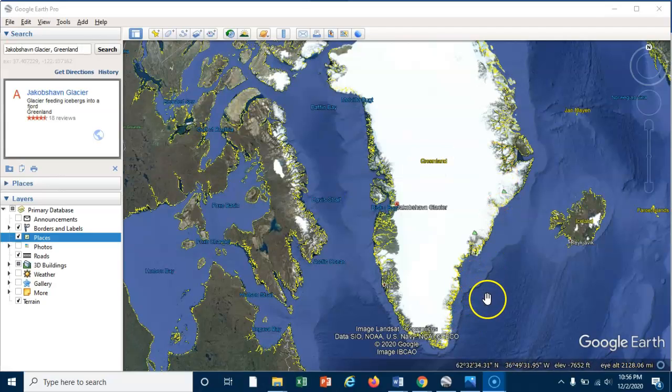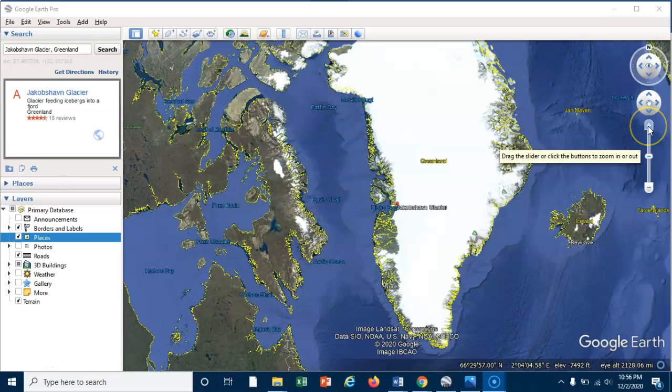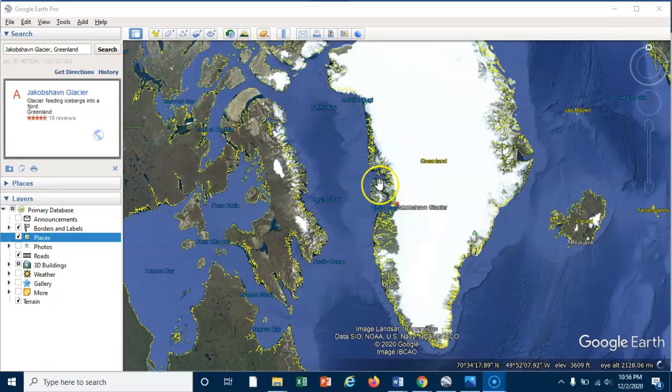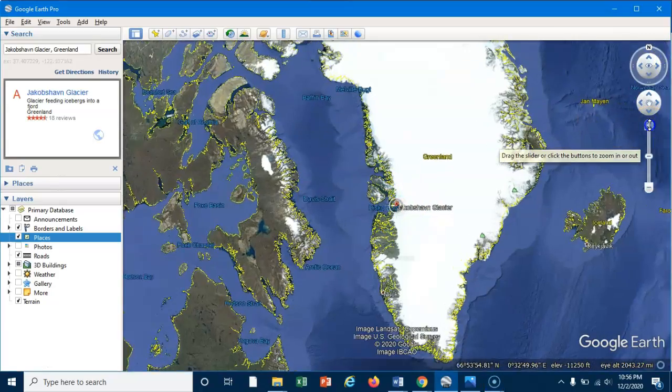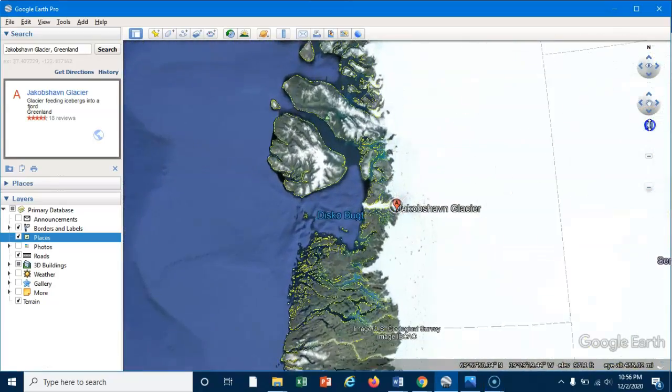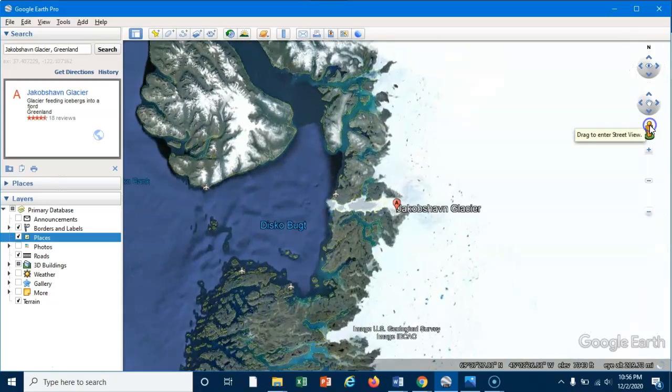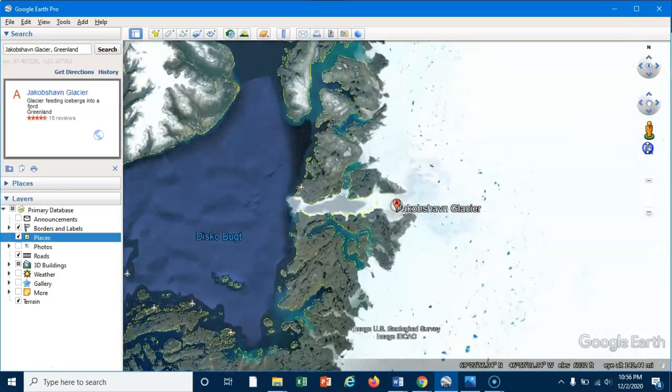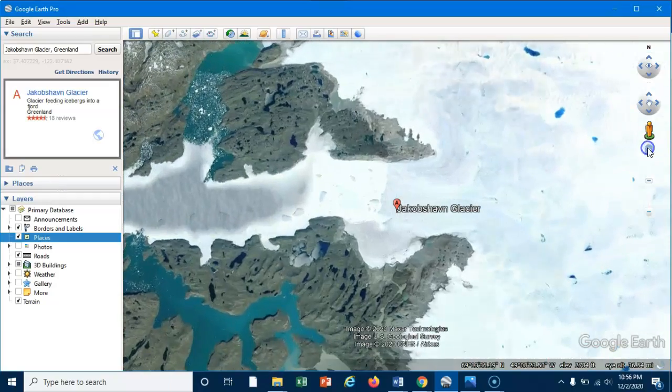Okay, so hopefully you appreciated that video. It's a pretty incredible piece of photography. It's centered around this portion of Greenland right here, and this is the Jacobshaven Glacier. And so if we zoom in on it,